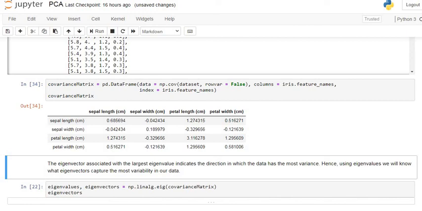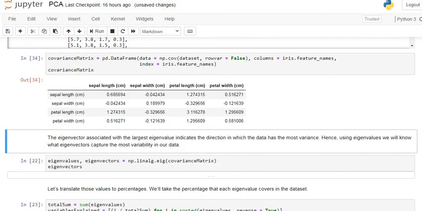The higher eigenvalue consists of large variation of the original dataset. Hence, using eigenvalues, we will know which eigenvector captures the most variability in our data. That's why we take the eigenvectors which are associated with larger eigenvalues.